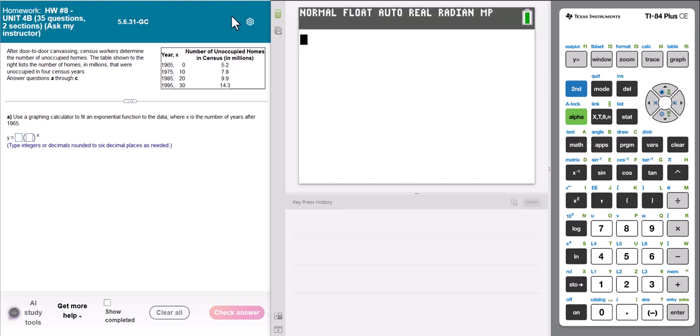So we are going to look at creating a regression function with our TI calculator to model this set of exponential data. So in this problem, and this is coming from my Pearson homework, we have